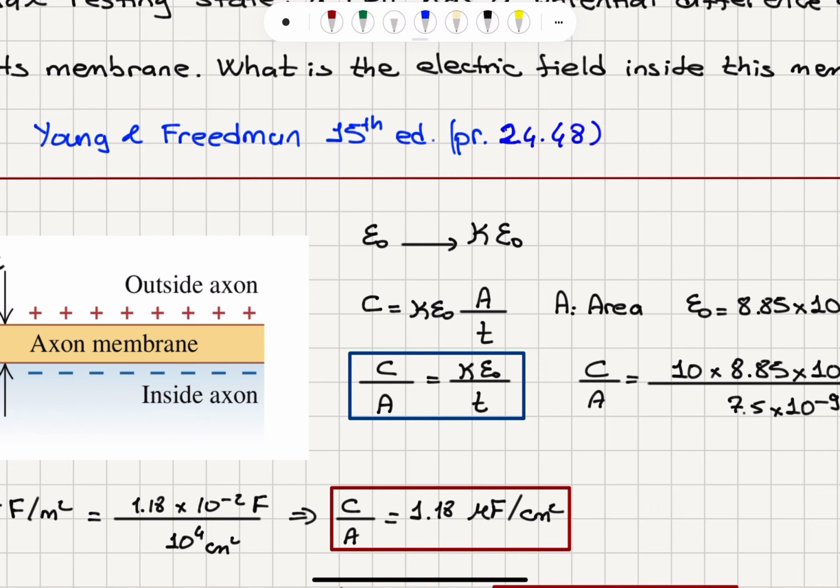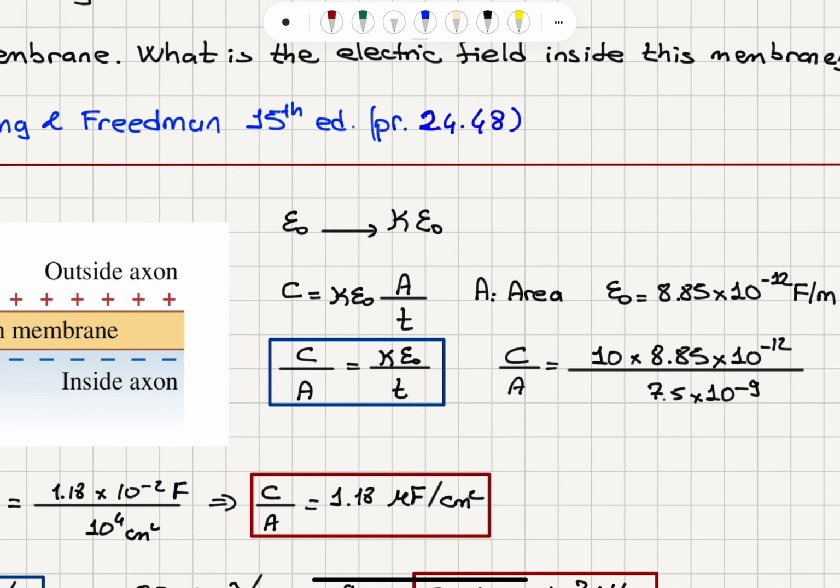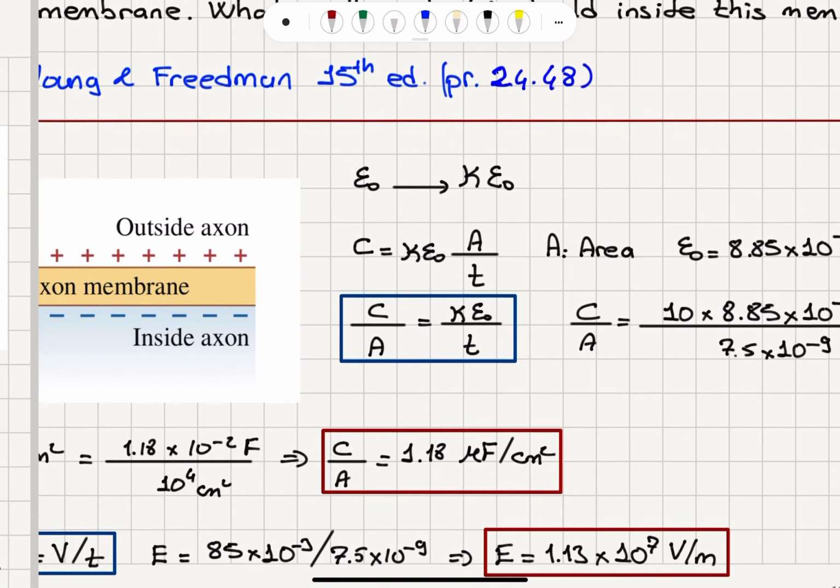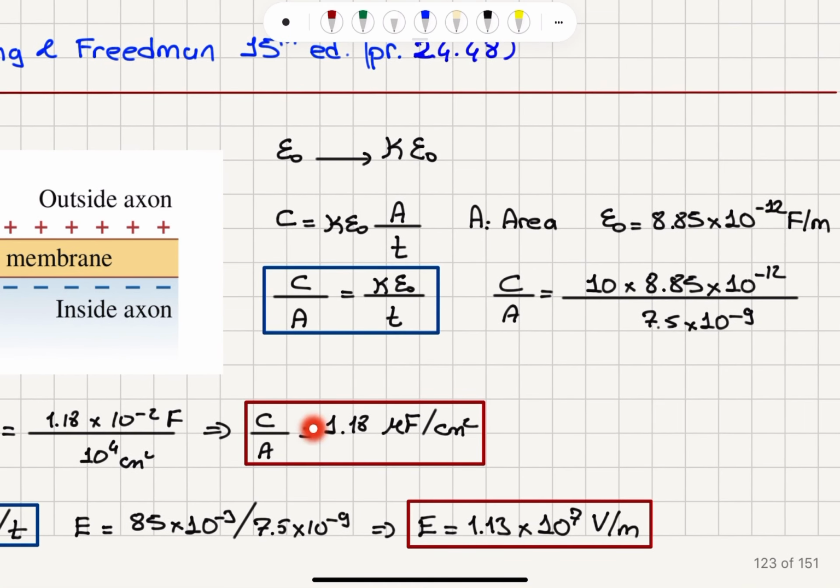So for this cell membrane, we have the parallel plate capacitance kappa epsilon 0 A over T. Kappa is equal to 1 if it's filled with air, but it's filled with dielectric, so kappa is equal to 10. Epsilon 0 permittivity of free space. Capacitance per area is kappa epsilon 0 divided by T. We just substitute the numbers here to obtain the value for farads per centimeter square, so we find 1.18 microfarads